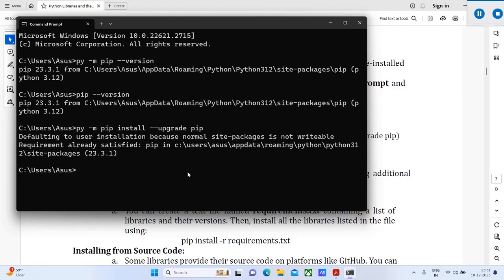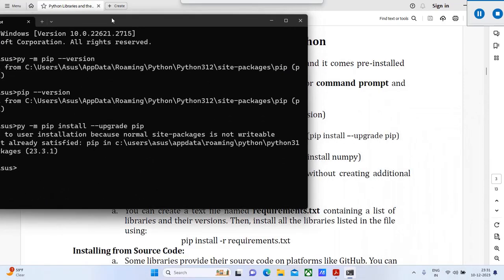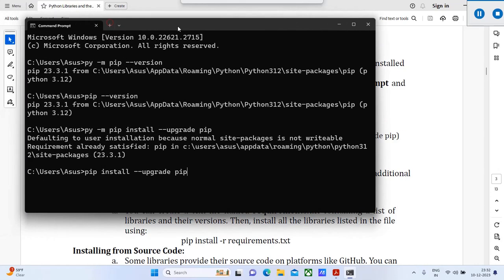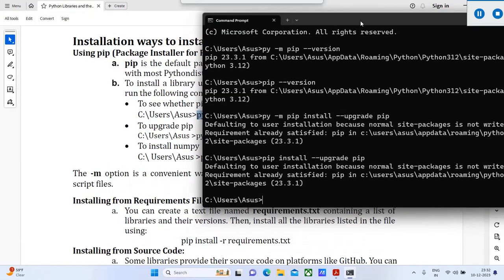We can also use a short command to upgrade pip: pip install --upgrade pip. So this is the short way to upgrade pip. So the same message is shown here because pip is installed on this system and the version is like requirement already satisfied. To install any library, we can use pip install and